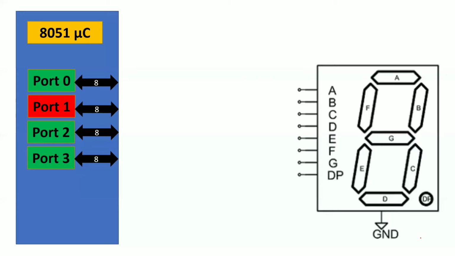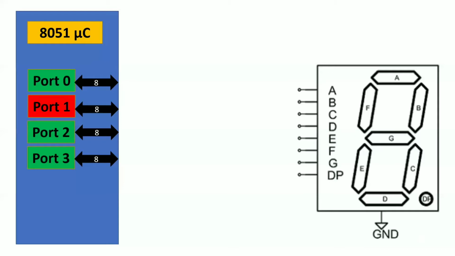Coming to port 1. Port 1 does not perform any alternate functions. It is just simply an input and output port. Next, coming to port 2. Port 2 acts as a higher order address bus, which is A8 to A15. Coming to port 3. Port 3 has alternate functions, which consist of serial port pins, timers, external interrupt pins, and control signals, write and read bar. I am sure you know this, right? Except port 1, all the remaining ports have alternate functions. So if you want to use those alternate functions and still want to connect the display, what will be the first choice? That's why we have taken port 1 here.